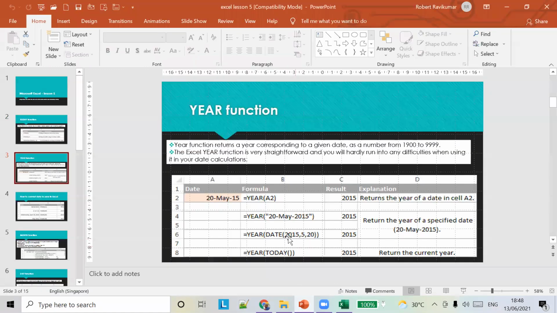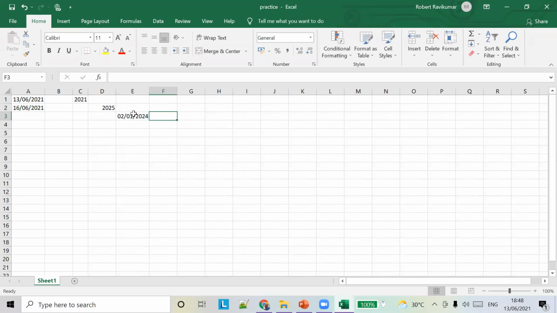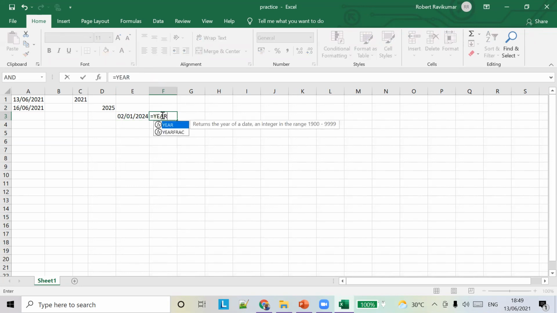Apart from that, there is a function called DATE. It's going to create a date. For DATE, you have to pass three parameters. You pass the year 2024, the month, let's say 1, and the date, let's say 2. So it will give 2/1/2024. So you can see how to create a date. From this function also you can find the year. So if you do this, from YEAR of